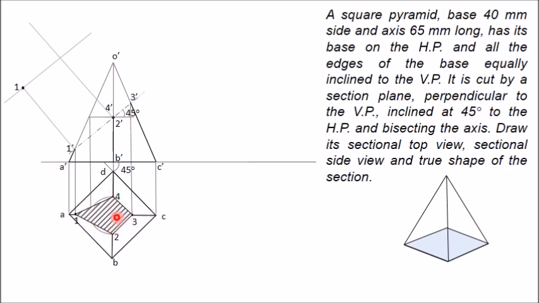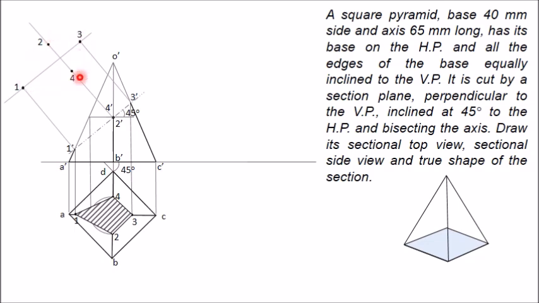Both distances are the same, so just measure the distance of 2 from this horizontal line AC, and by taking that distance and center, mark these two points 2 and 4. Similarly, project this 3 dash. I have projected this 3 dash. Now 3 is again on this line only, so directly you got this point 3. So you don't need to measure many of the points. This one is a simpler method. In this way you can mark all these points.